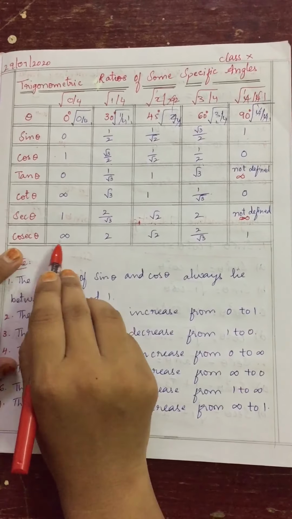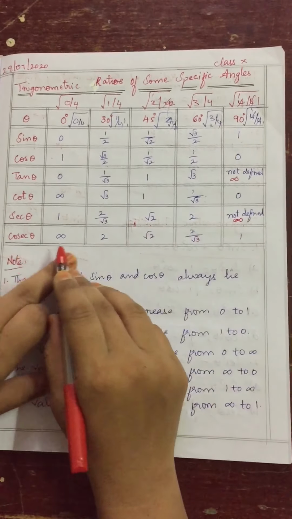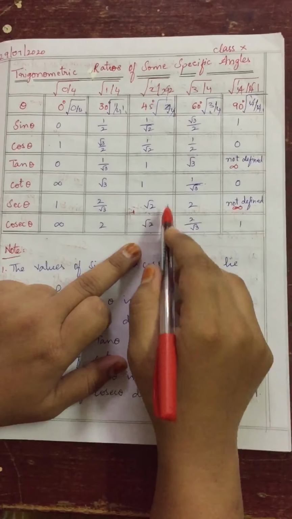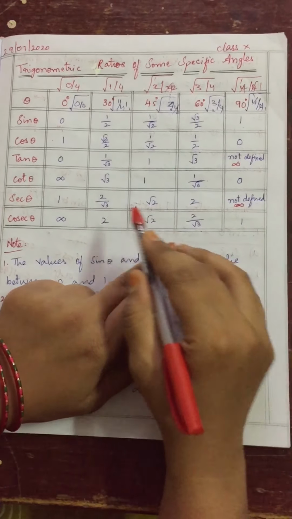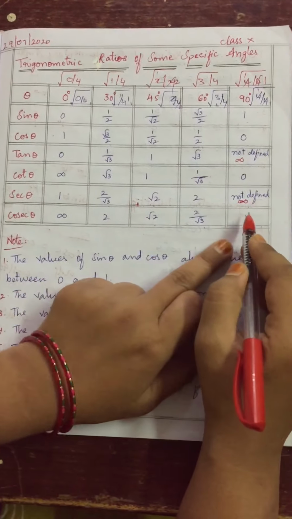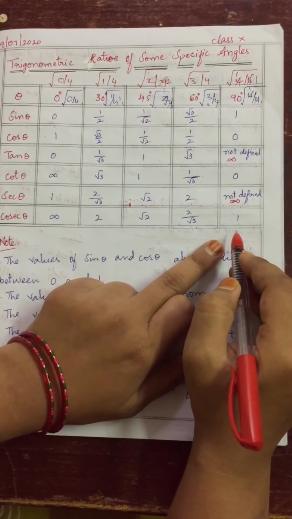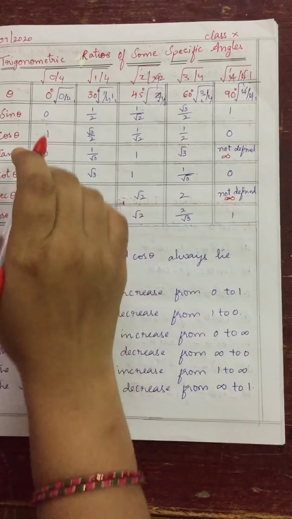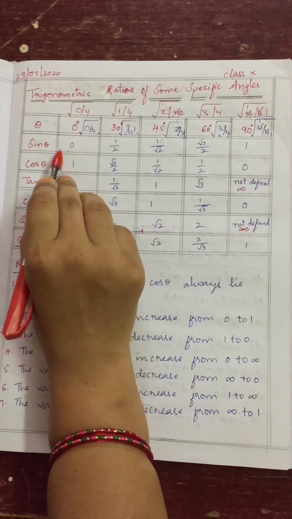Like cosecant 0 is secant 90. Cosecant 30 is secant 60. Cosecant 45 is secant 45. Cosecant 60 is secant 30. And cosecant 90 is secant 0 degree. Am I clear children? Now if you observe the table carefully, see your sine and cos values, 0 to 1,